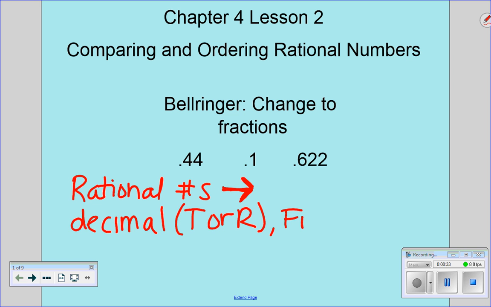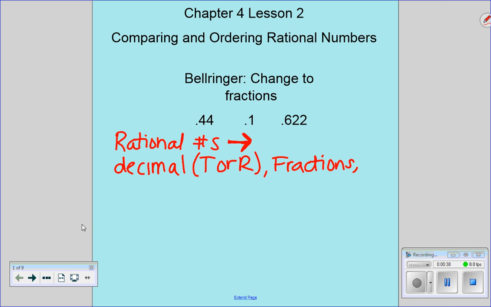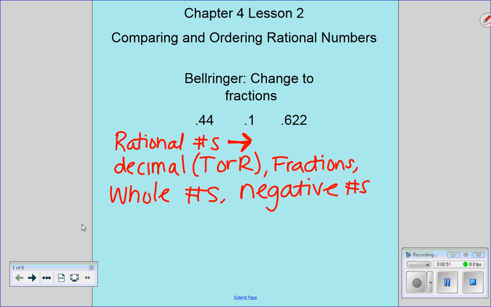Fractions are rational. Fractions, what else? Whole numbers. Negative numbers. They're all rational numbers. So we're going to be ordering these from least to greatest today. We're going to be putting them in order. We're going to be talking about positive numbers and putting them in order, and negative numbers and putting them in